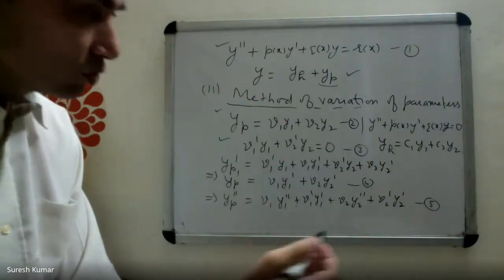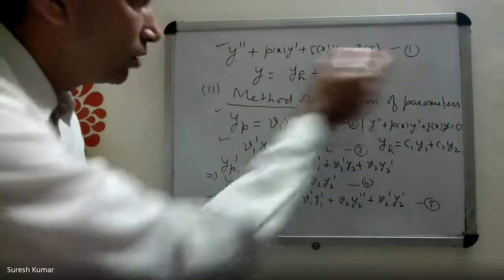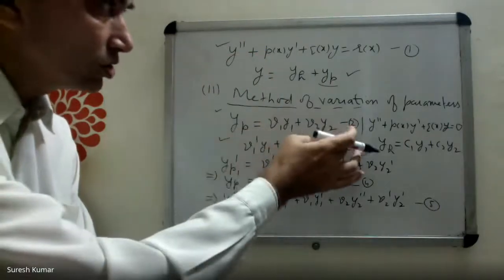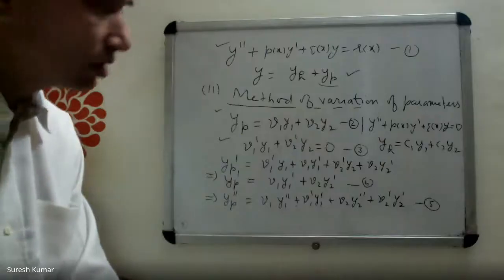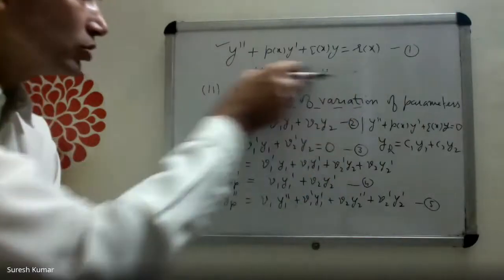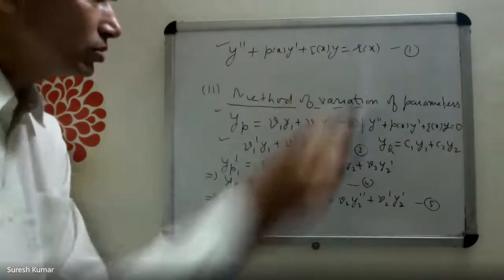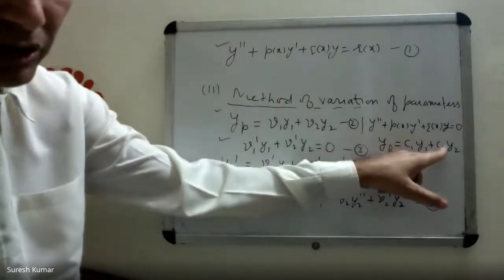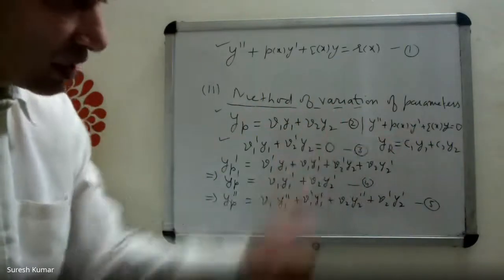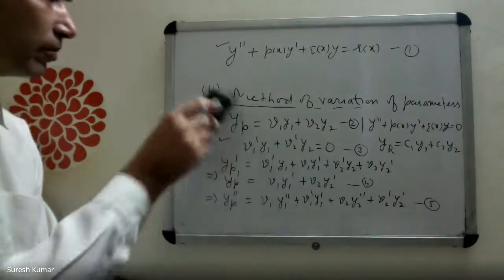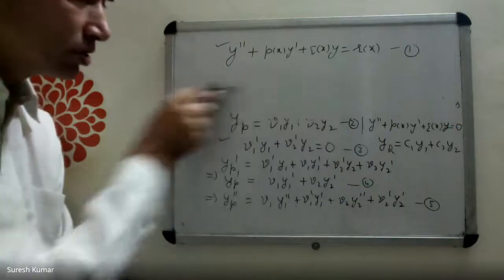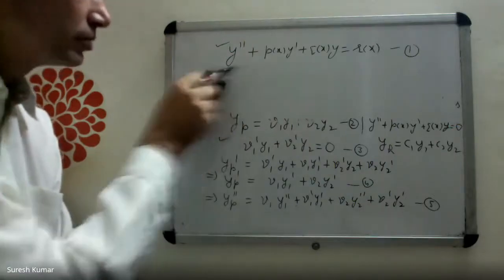Okay, substitute 4 and 5 into 1. Because you are saying that equation 2 is a particular solution of 1, you can do the substitution. And also you should understand the name is method of variation of parameters. C1, C2 are parameters. You are varying them as functions of x. That's why this name. Okay, substitute and do further calculations, see what we get.